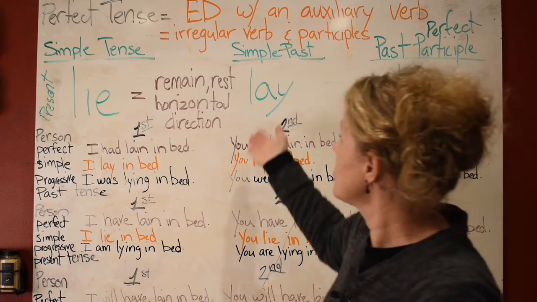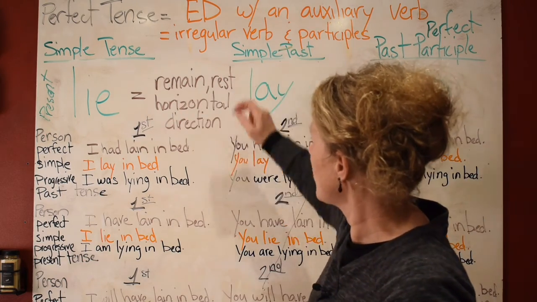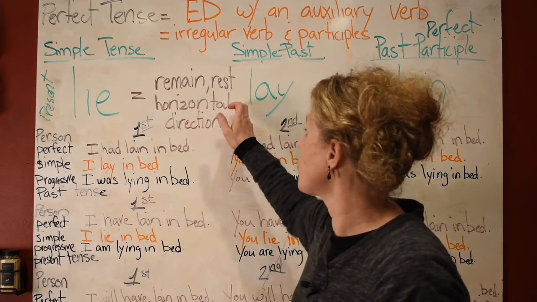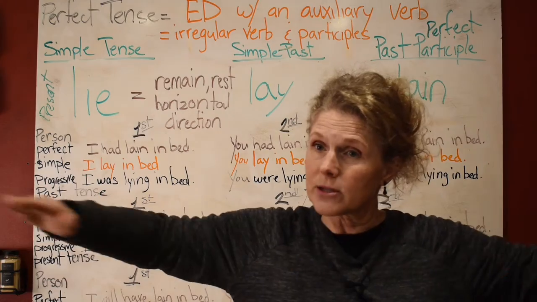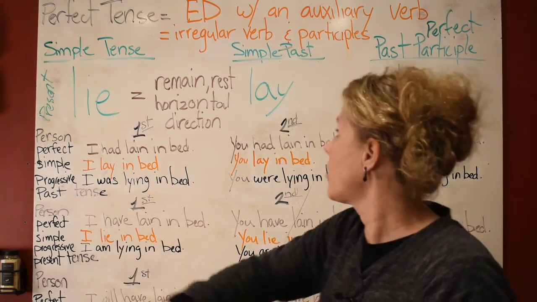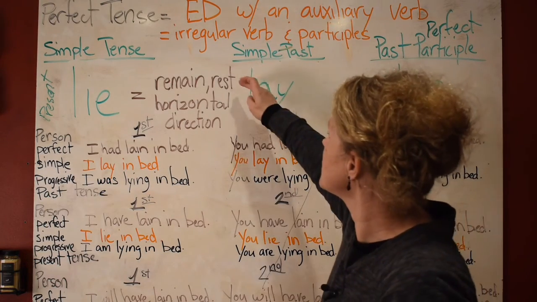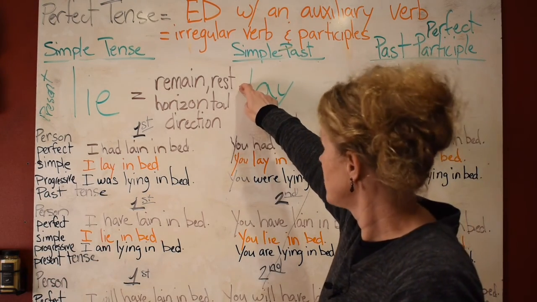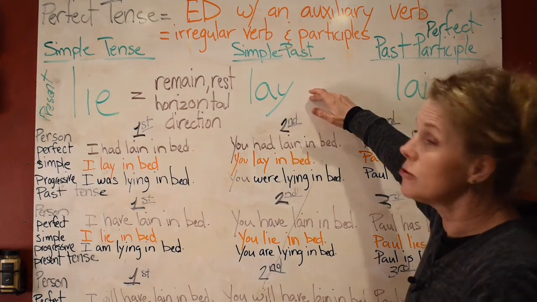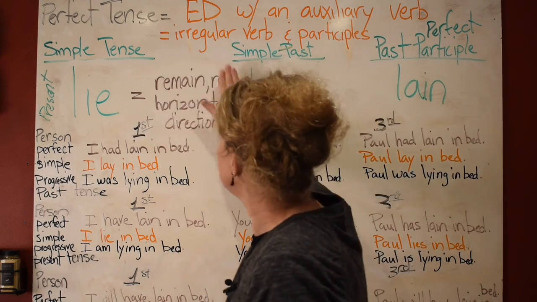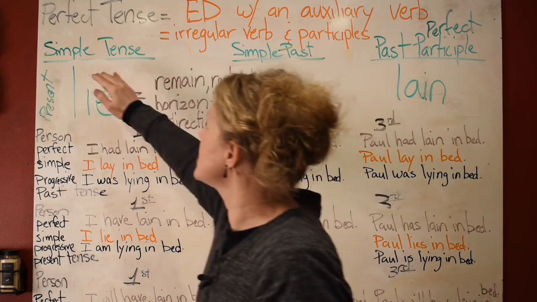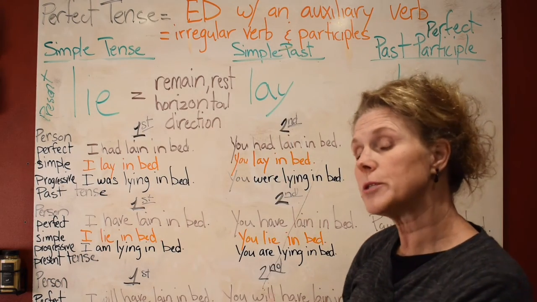So lie means remain, rest, means you're horizontal. If you think about that, if you have a hard time with horizontal, think of the horizon. It's horizontal, and it's a direction. It's this way. Okay, so what does lie mean, boys? Remain, rest, horizontal. So, when you are going to use the word lay, meaning this, you need to use it in the simple past. If you're going to use it in the simple tense, you're going to be using this